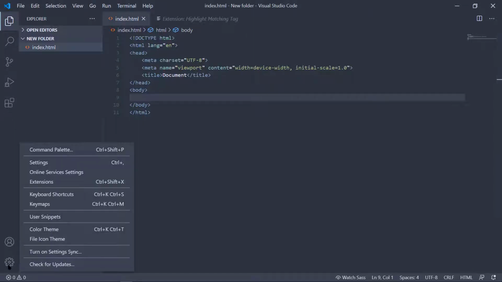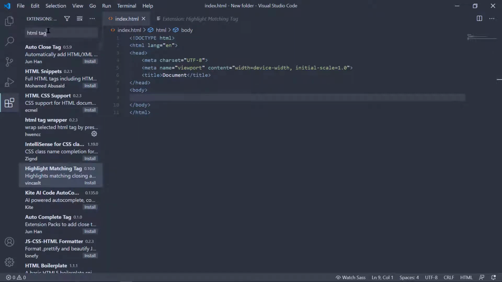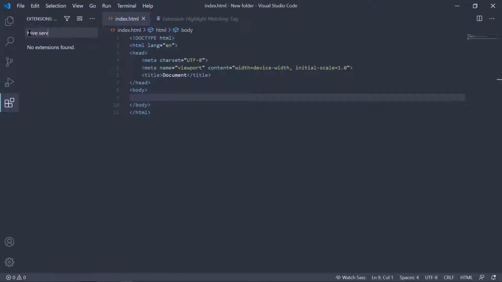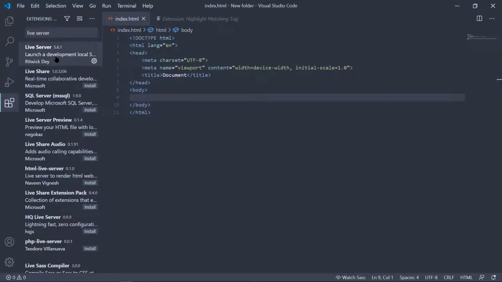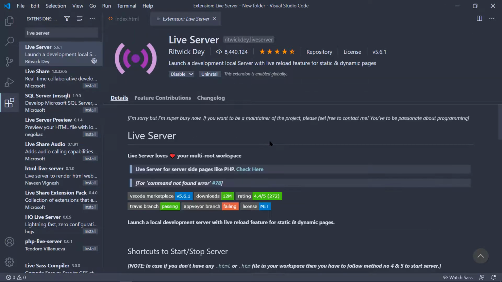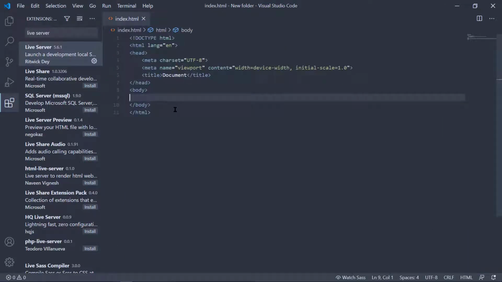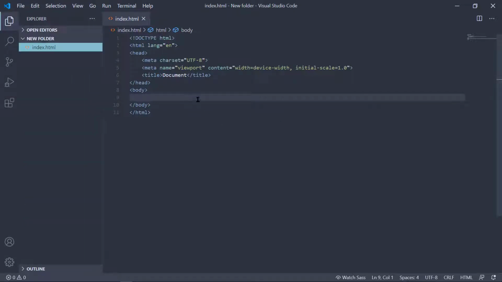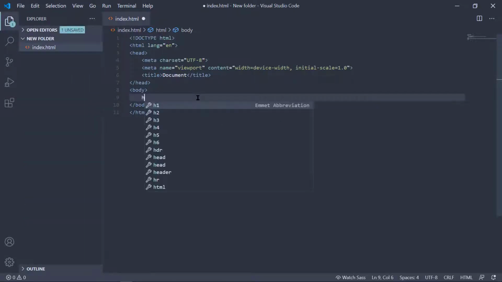So let's go to the extension, then we can search it here. The name is Live Server. This one here, the developer's name is Ritwick Dey, and what it does is it creates a server and displays it in the browser. Suppose I have this HTML document, let's add some heading tag.